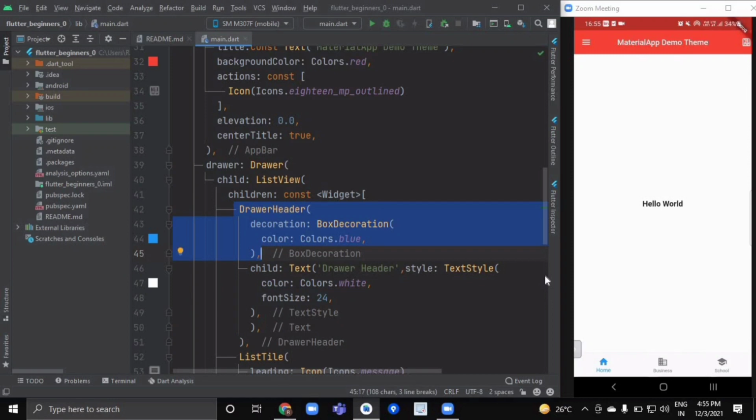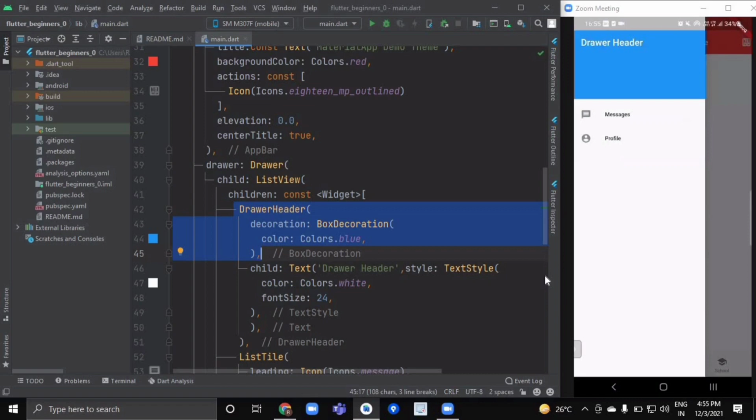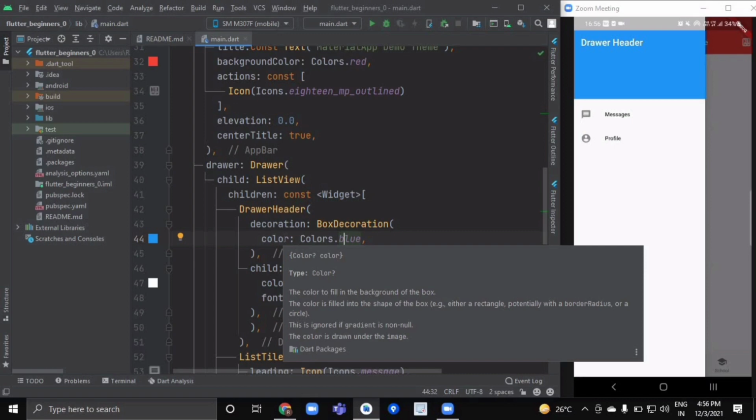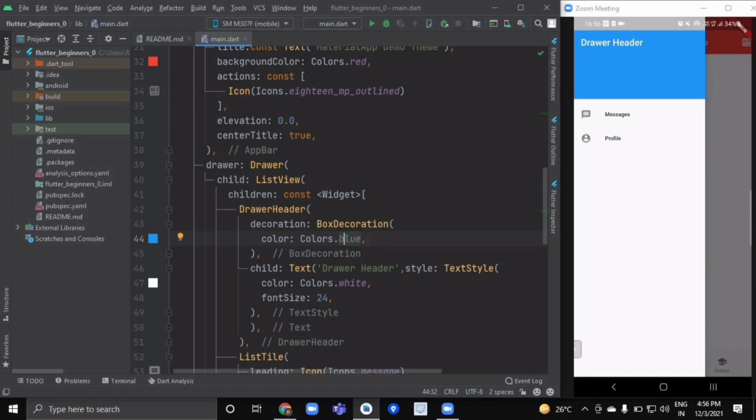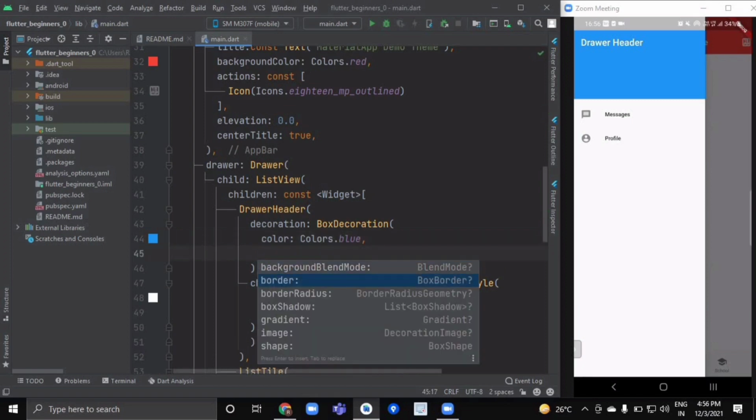As you can see, we are having a navigation drawer or app bar. So when I click on it, this is our drawer header. Okay, all these items are inside a list view. The first item is our drawer header with some specific text. Okay, we have provided it some color and size. Inside this drawer header, it has a decoration property, so you can also provide some decoration or styling to your drawer header as well. Okay, you can explore the rest of its attributes like border, radius, image, shape on your own.